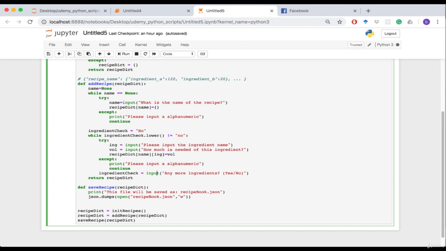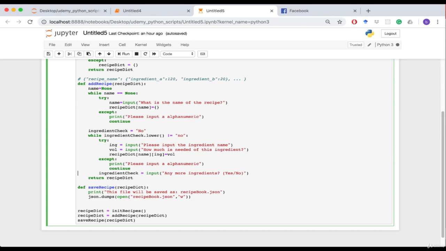So basically, if they put yes or like 12 or whatever, it will ask them for any more ingredients. So maybe we can add a little bit more logic to this to include that. In this case, though, we're not doing that, and that's a better thing to do to make your script more comprehensive and more robust to errors. But this is actually basically doing what we want it to,